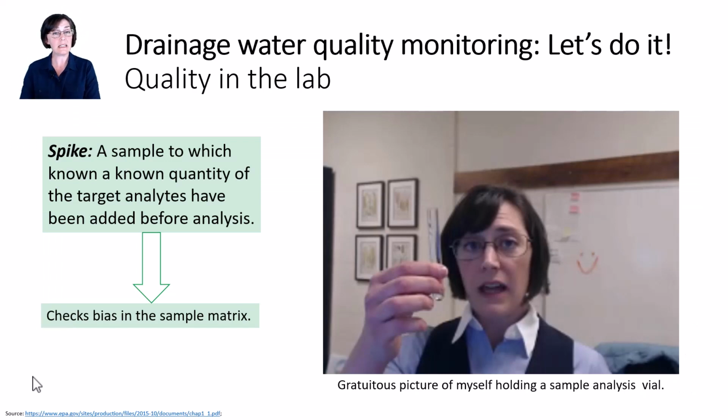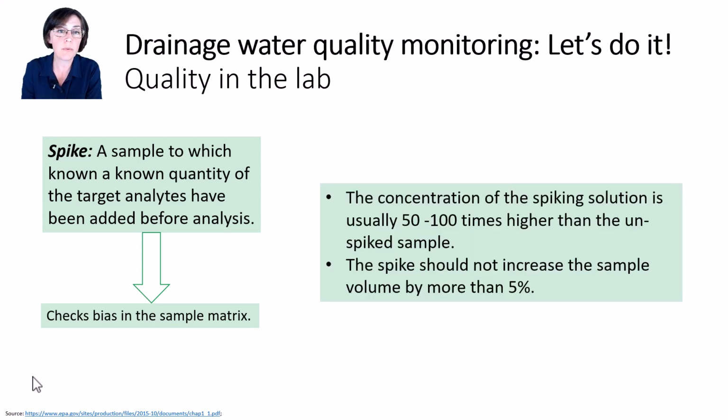A spike, more formally called a matrix spike, is a little bit different. This is where we add a tiny volume of a solution with a known concentration to a sample, and then that sample is then analyzed. This spike sample allows us to assess if the sample matrix, or basically the makeup of the sample, is influencing the results. The trick with spikes is that you want to use a pretty high concentration for your spiking solution because you want to create a spike in the concentrations you're seeing be spit out of your analytical equipment, but you don't want to notably change the actual volume of the sample.